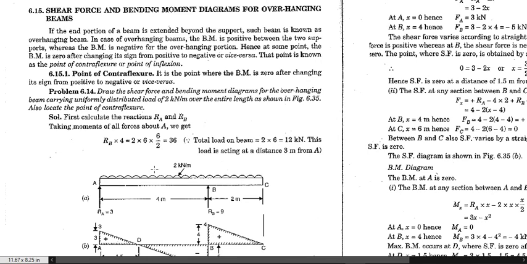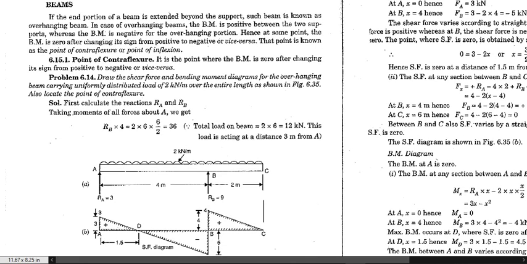overhanging beam. Okay, so the one most important thing that you must keep in your mind is the sign convention. We will always stick with the sign convention, whether it is for the shear force or for the bending moment diagram. So according to the sign convention, if you are taking a cross section, wait, I will just draw it for you. Let us suppose that this is the cross section x.